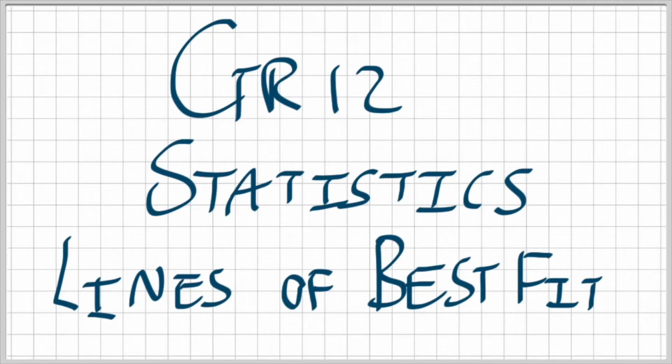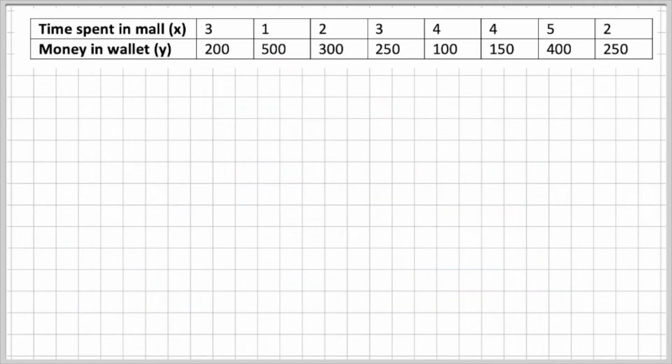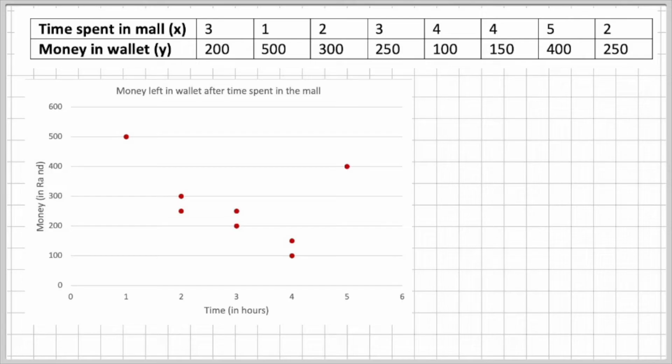But for this video, we are going to look at the lines of best fit. So I want to have a look at the previous video's scatter plot. In the previous video, we drew the scatter plot and we just interpreted it. In other words, we kind of guessed and looked and said, but how does this actually look? How does the line of best fit actually look? We guessed that the line of best fit would look like that. But for me to get that line,